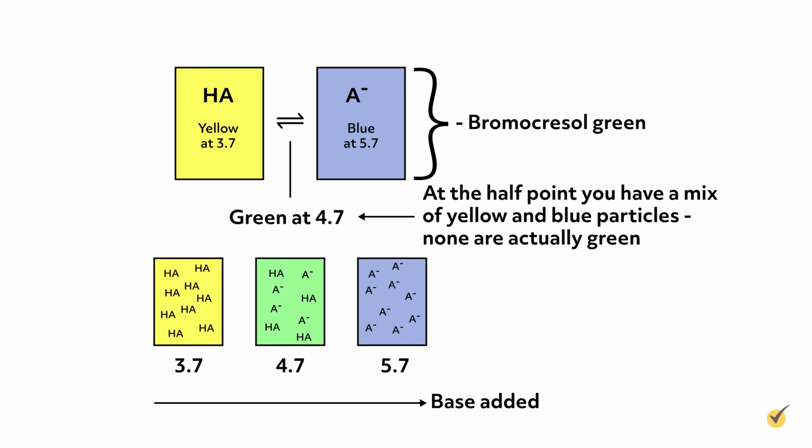For example, bromocresol green changes from yellow to blue over the pH range of 3.7 to 5.7. There are many different indicators that cover a variety of pH ranges, so it's possible to carefully select one for a given acid-base titration such that the color change occurs around the expected equivalence point. Thus, when the indicator changes color, you can mark the endpoint of the titration. The endpoint, as determined by the indicator, is only an approximation of the equivalence point, but it should be close enough if a suitable indicator were selected. This is true for other types of titrations and indicators.